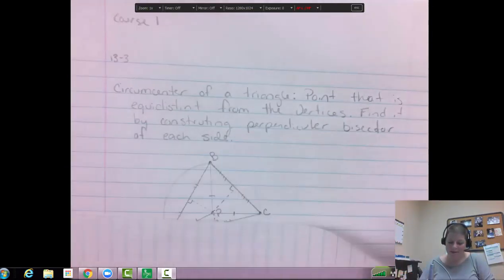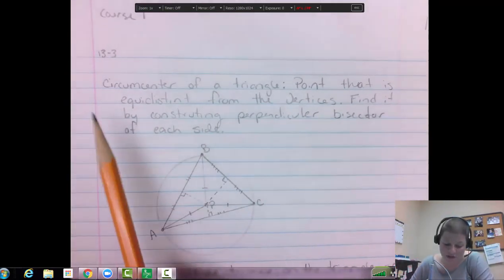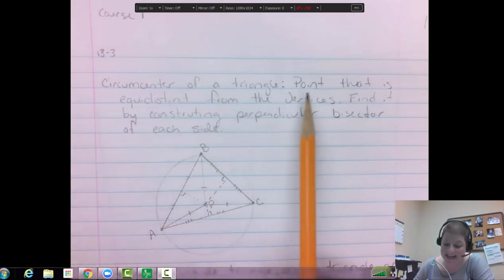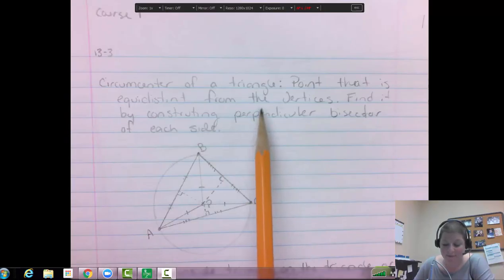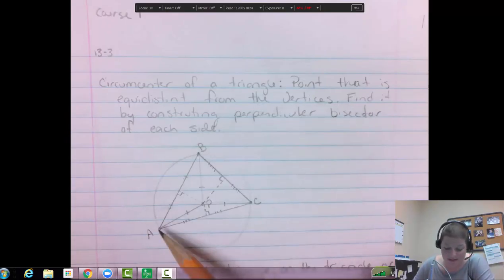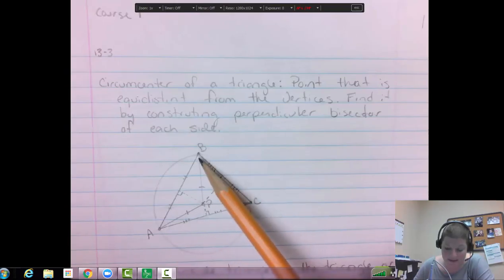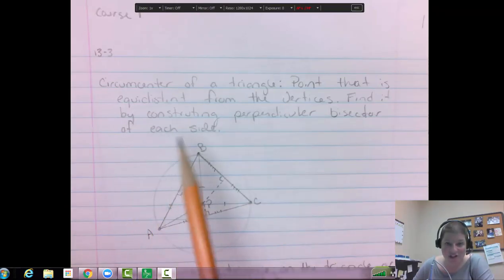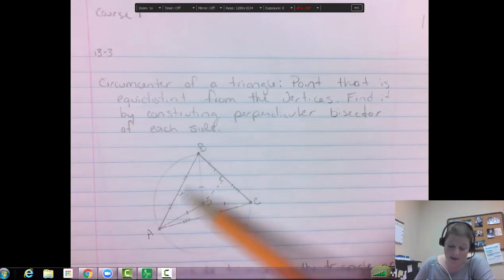I'm actually going to switch papers. Okay, so here is a picture with the definition. So let's go through the definition. The circumcenter of a triangle is a point, so it's this point P, that is equidistant from the vertices. So here's the vertices, and your point P is equidistant from those vertices. To find it, you actually construct the perpendicular bisector of each side. So to find this one, you have to find the perpendicular bisector of each side, and where they meet is